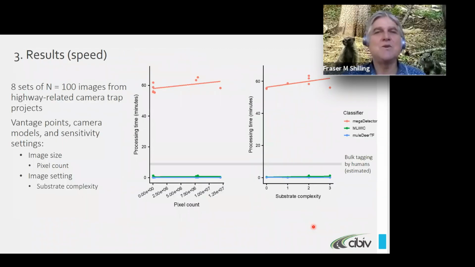So these are some of the results from testing these tools. And we used 2 main types of tests. One was speed and the other was accuracy. And this is showing speed. And the result of the speed test is using 8 sets of 100 images, so 800 images from cameras near